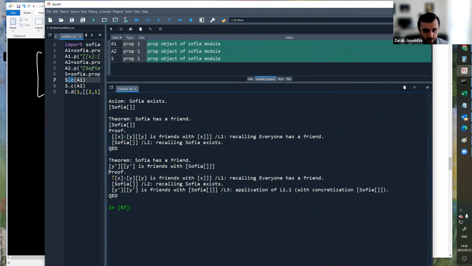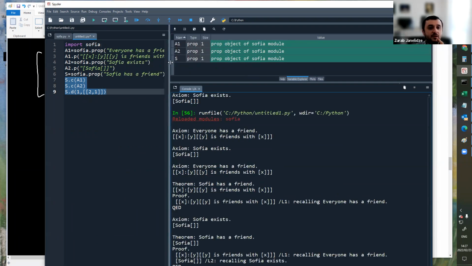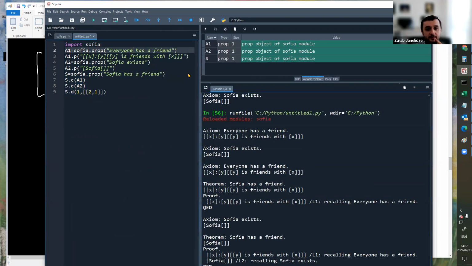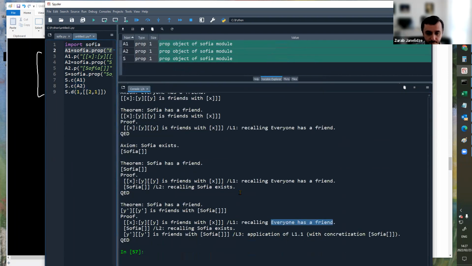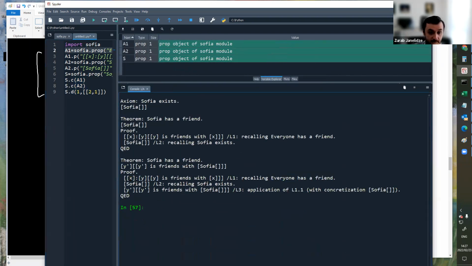This is my proof that I'm building through basically these 3 lines. And if you look at the explanation of where the first line was obtained from, it says, recalling everyone has a friend. So that means that we're recalling something we believe to be true already. And there is a name for that thing. The name is everyone has a friend. And we search for an axiom under that name, and we already know that the axiom under that name is exactly A1, right? Great. And this is identical to the formulation of A1, as expected, because we're recalling A1.